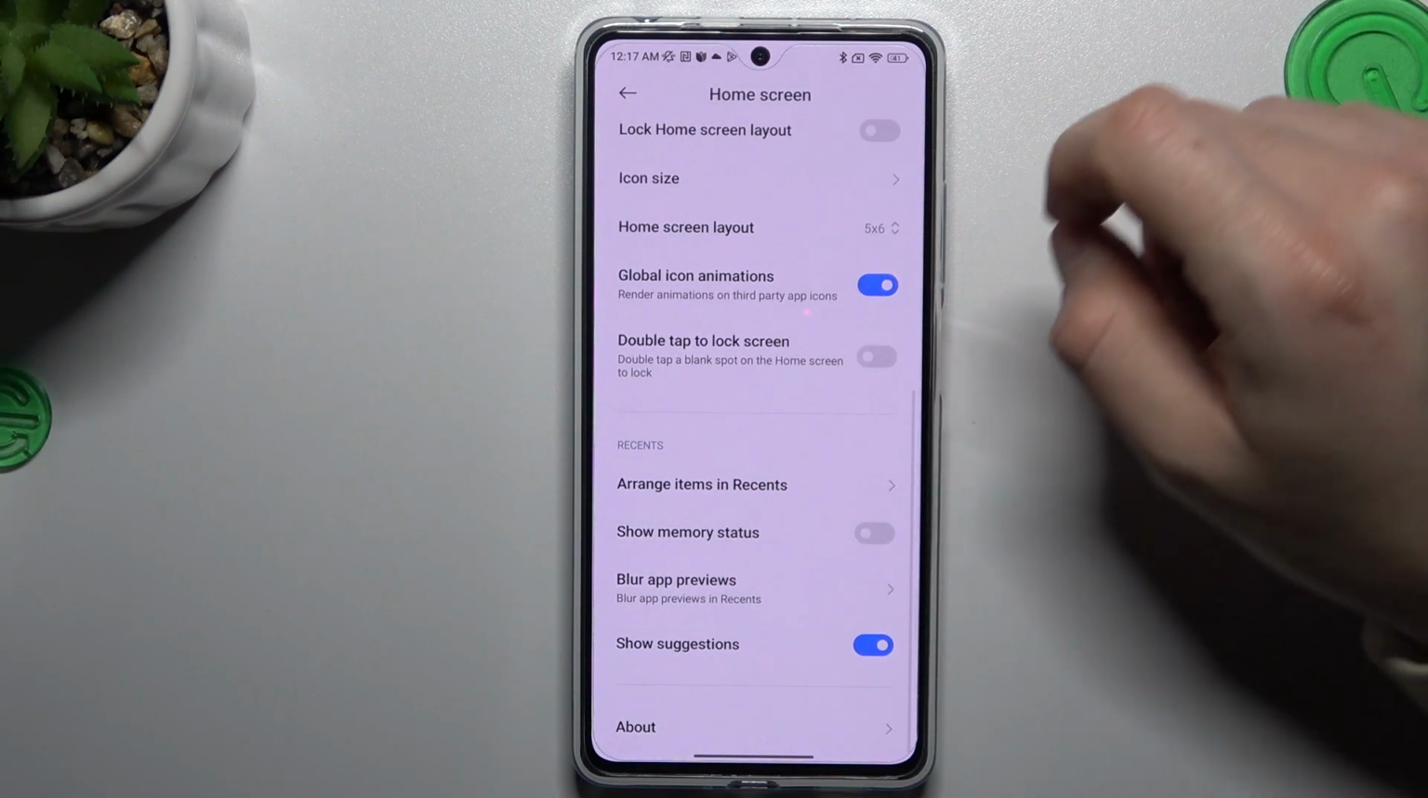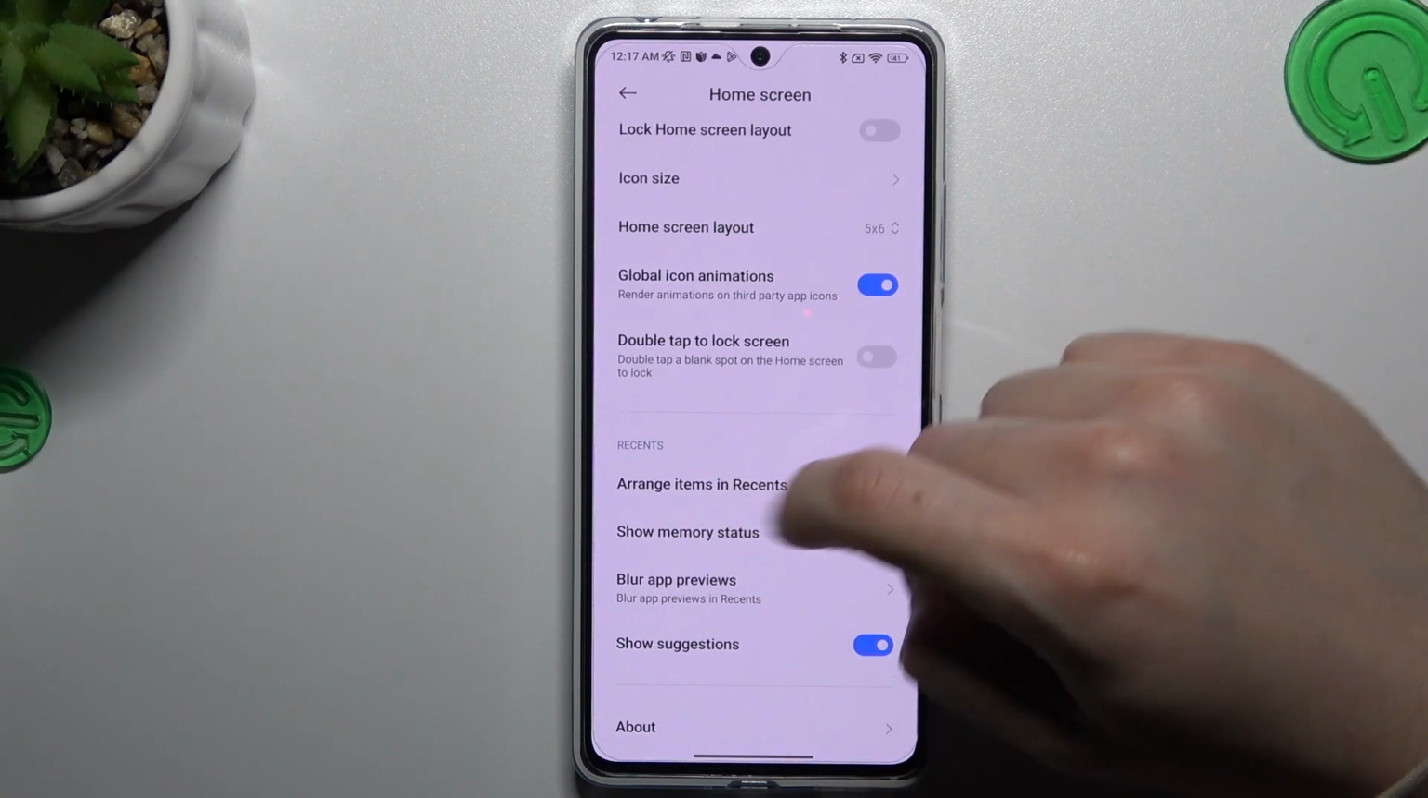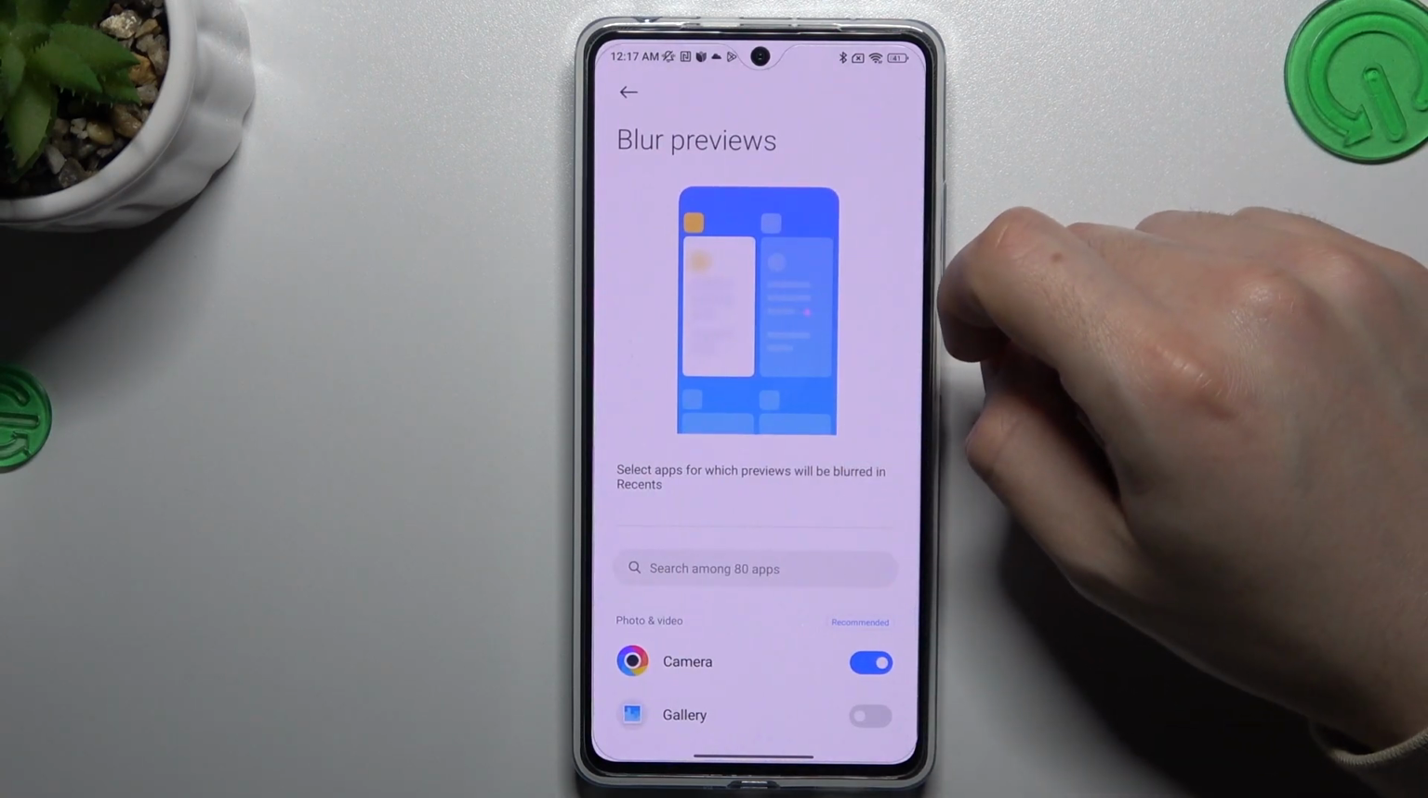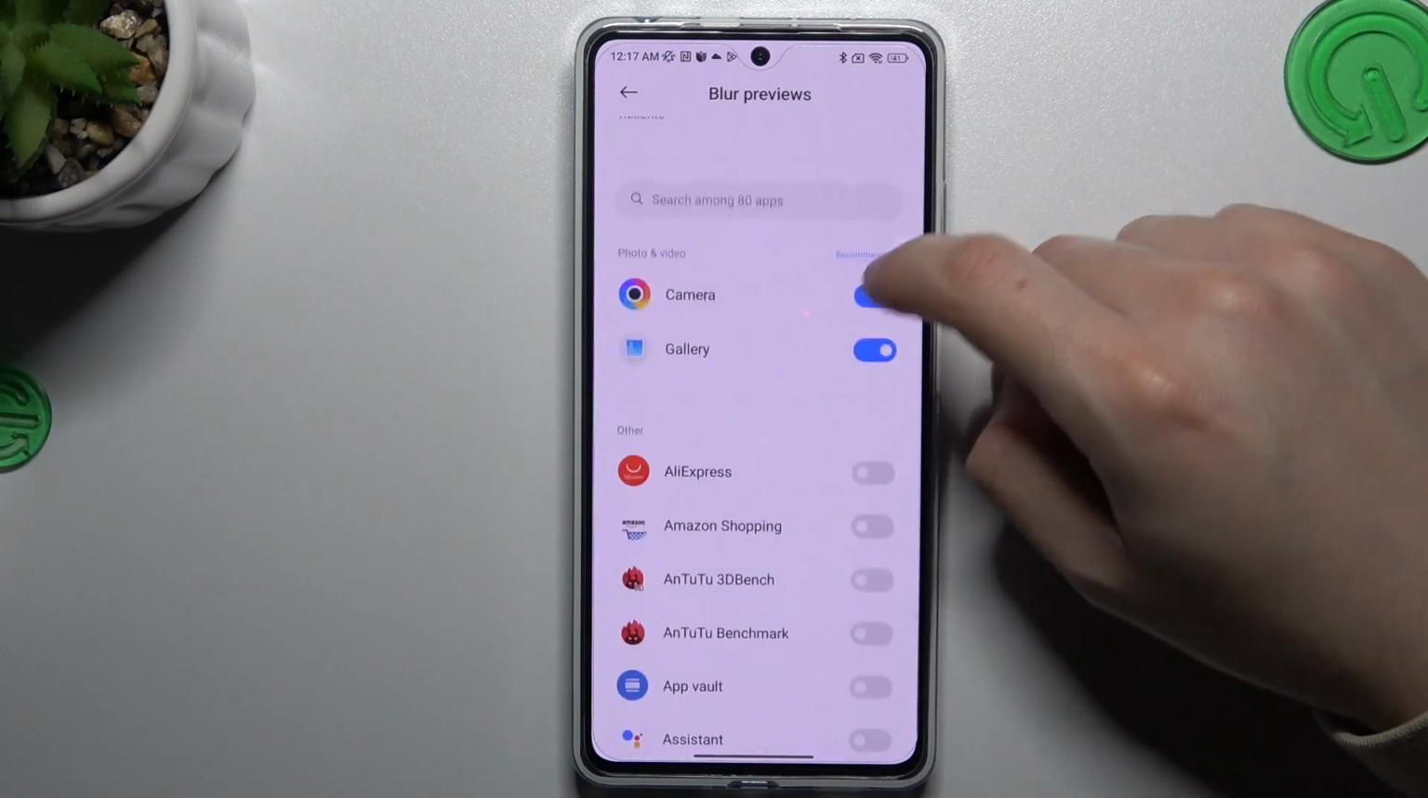and you can also choose the blur app previews. Now just choose your desired one,